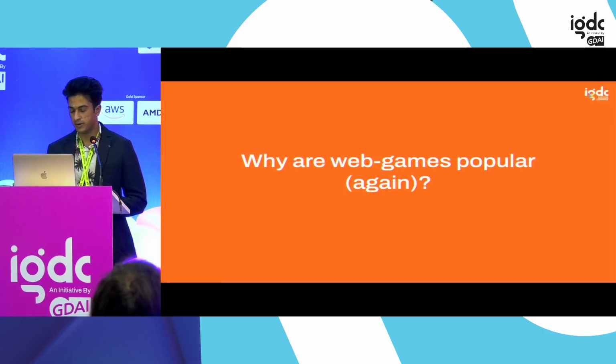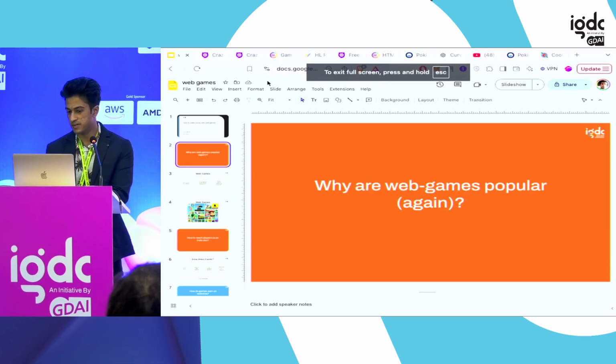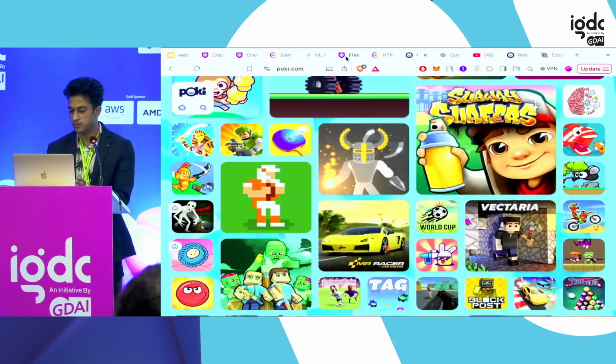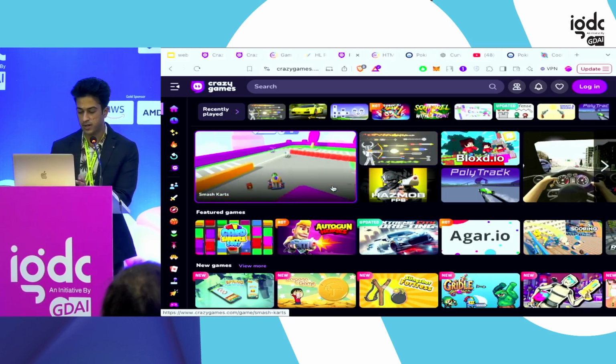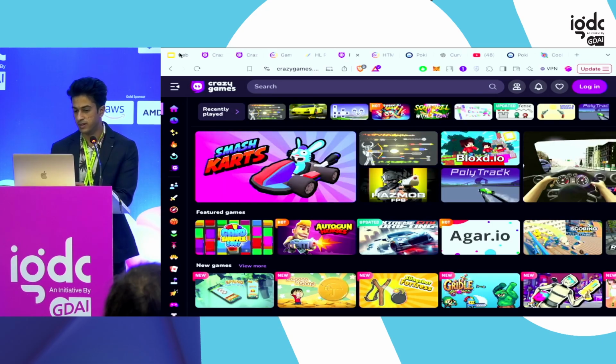So what are web games basically? I'm not sure if you guys played Zapak on Zapak.com back in the day. So web games are basically browser games, something like, you go to a website, you play your games, you just spend some time online and watch some ads, play games, enjoy, have fun.